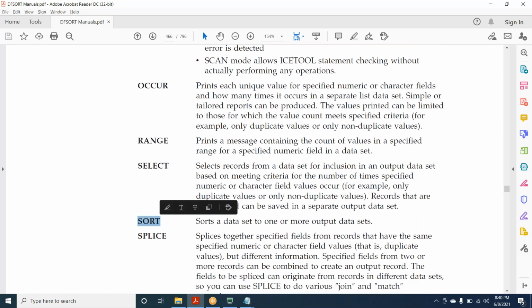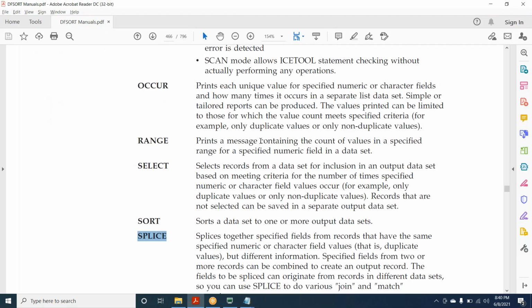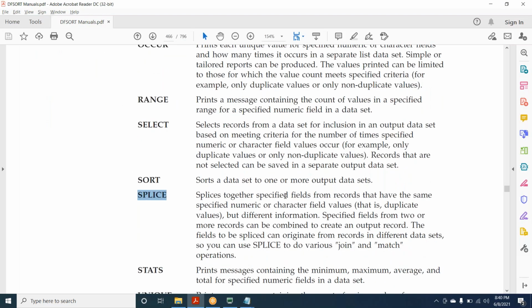Sort, basically to sort the data. Splice is similar to join: splice together specified fields from records that have the same specified numeric or character field. You can use splice to do various join and match operations.